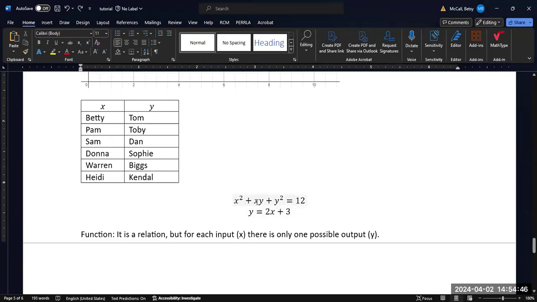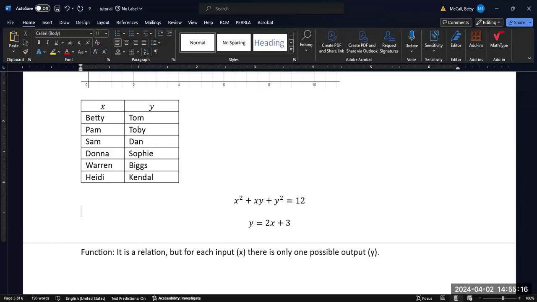So for instance, in this equation, x squared plus xy plus y squared equals 12, I might wonder, well, is it possible to solve this for y so that it is a function and not a relation? And I can do this by graphing without having to actually do the algebra. I can look for that telltale signature of functions, whether or not for each x value there's only one y value. And if I plot this graph,